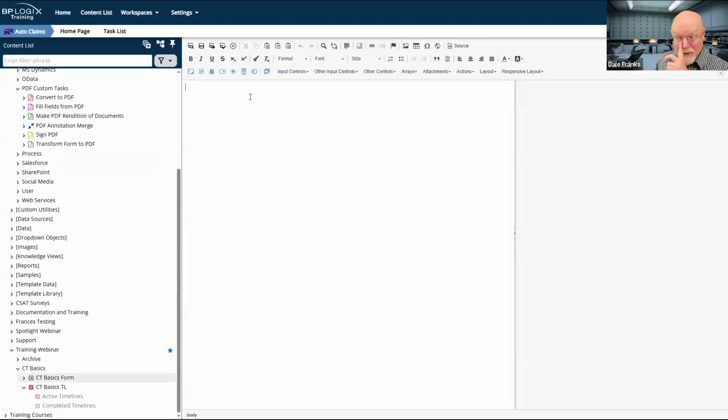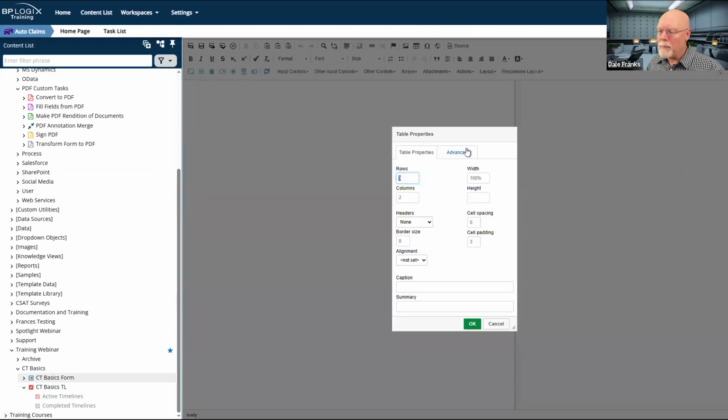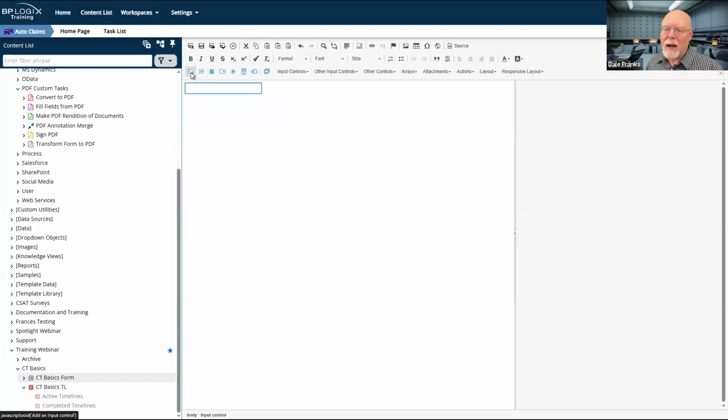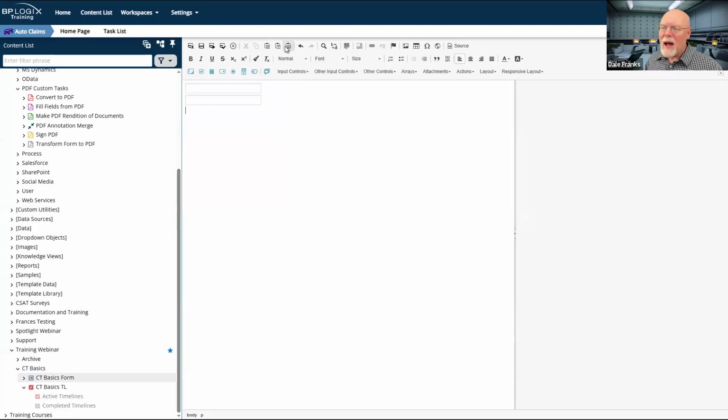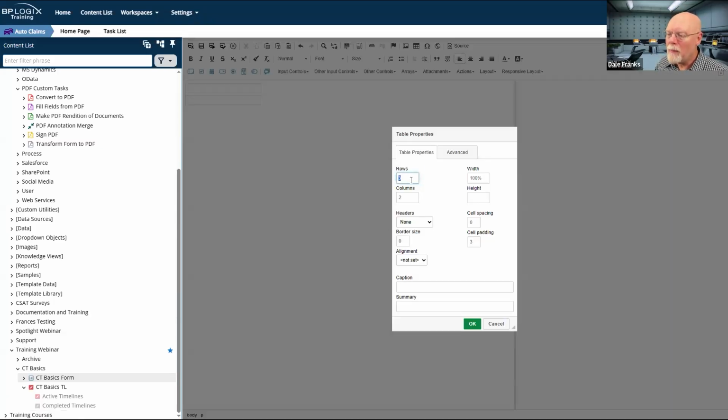As you saw, it has no controls, but I guess we're going to have to put some controls on it. Let me add a text box control and then a second text box control. And now we'll add a table, and we'll just make it one row with 2 columns.